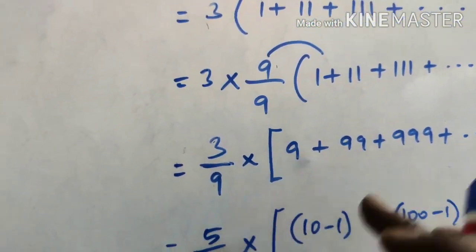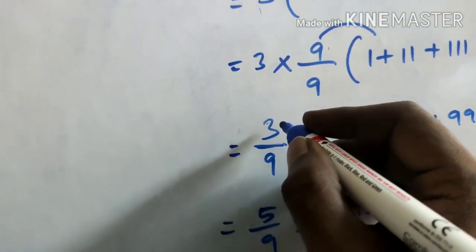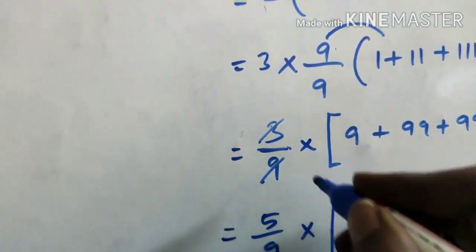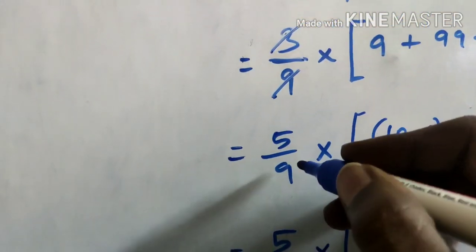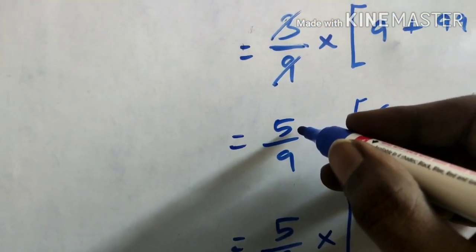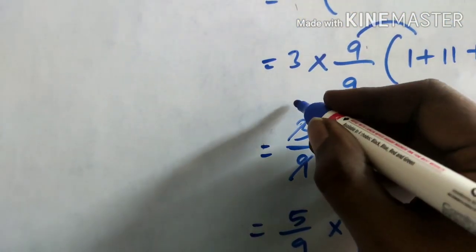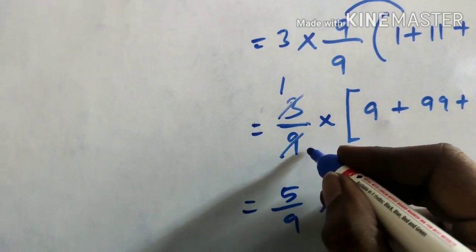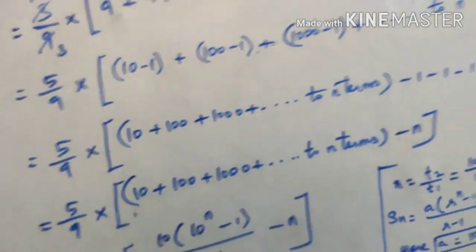So the same step. And the next step, see here one small work is there. You can cancel this 3 and 9 because 9 is in 3 table. In the previous sum, 9 is not in 5 table, so we can't cancel. Here 9 is in 3 table, so you can cancel. You can put 1 3s are 3 and 3 3s are 9. Clear?